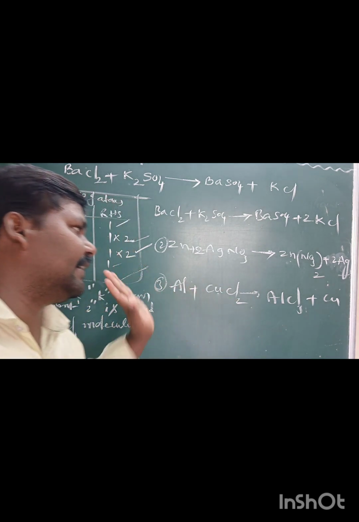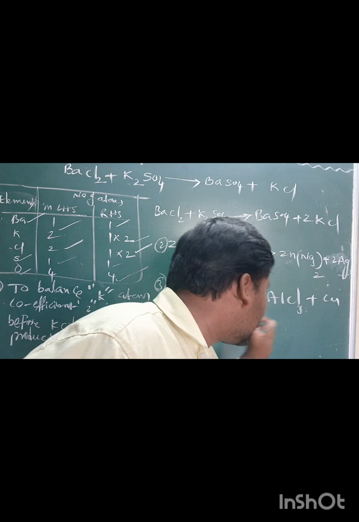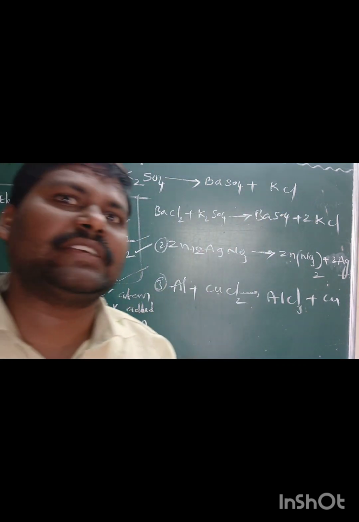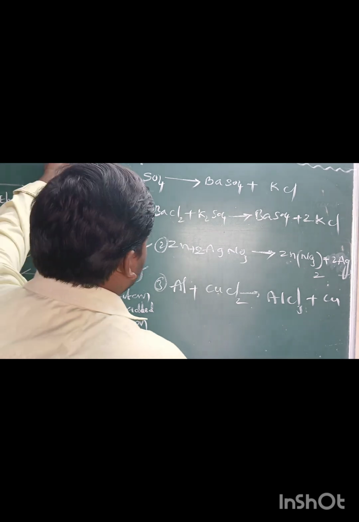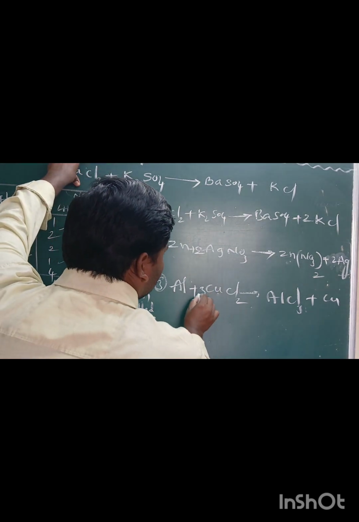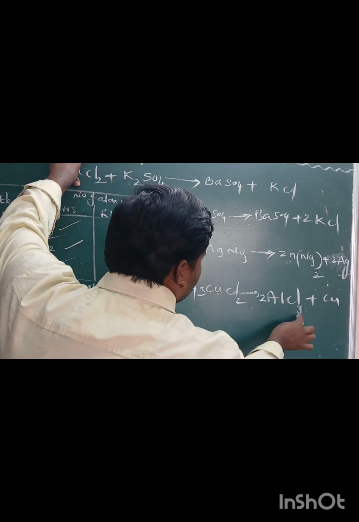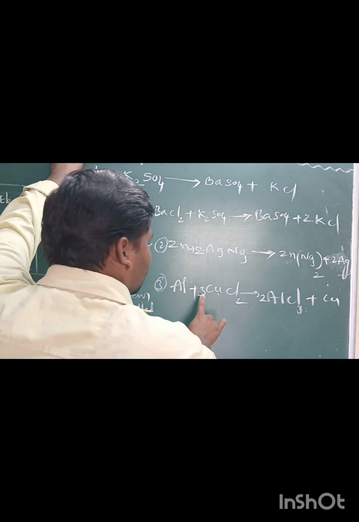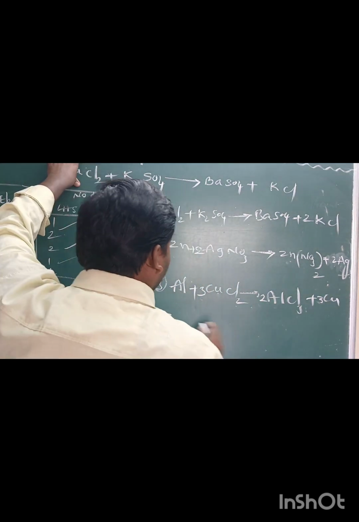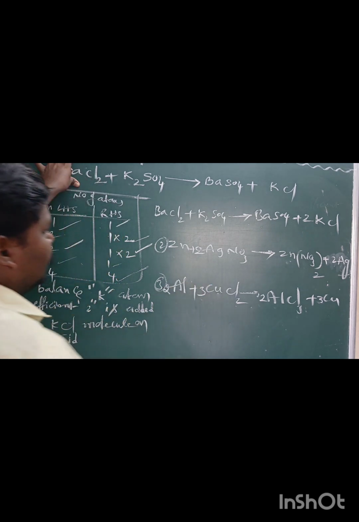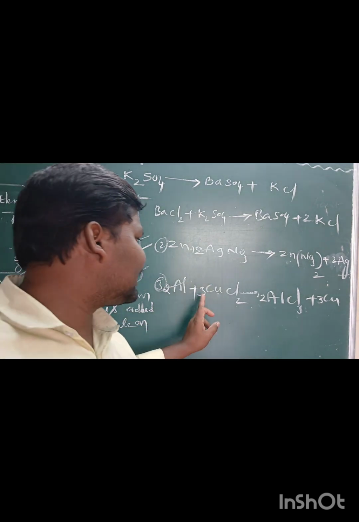Aluminum 1 is there. Copper also 1 atom on the reactant side, and on the product side also 1 is there. But chlorine atoms are not balanced. That's why now I am taking here 3 2s are 6, 2 3s are 6. Chlorine atoms are balanced. But copper 3 is there, 3. Aluminum 2 is there, 2. Okay, 2Al plus 3CuCl2